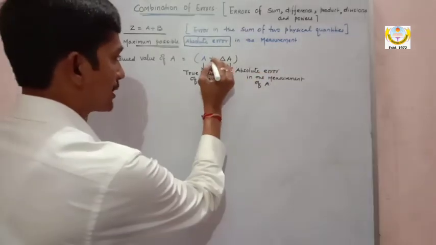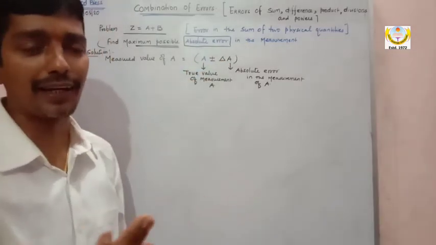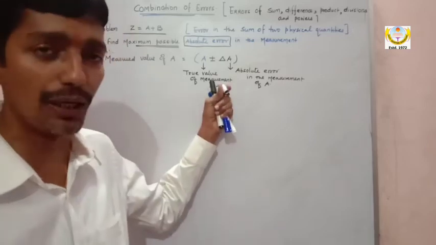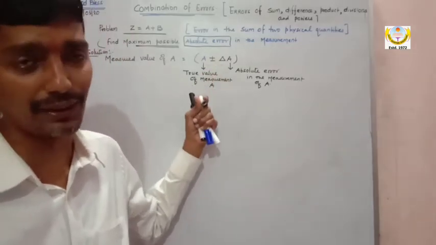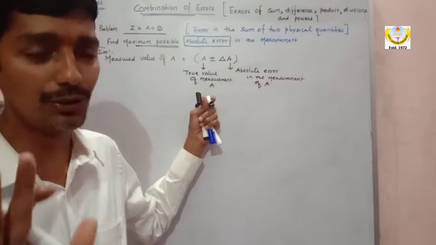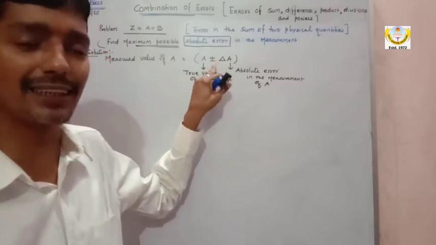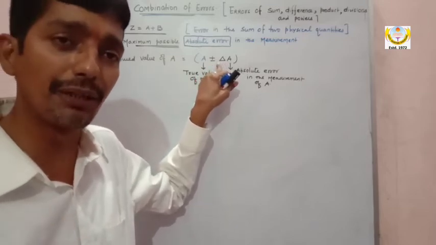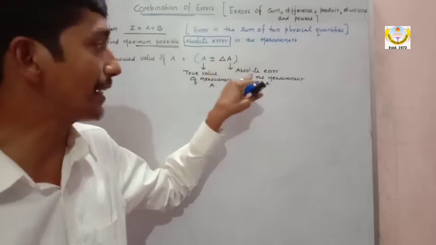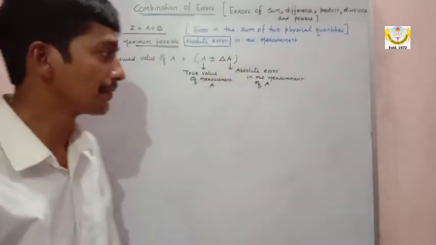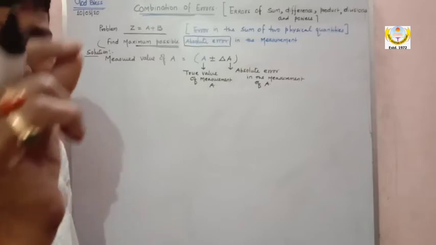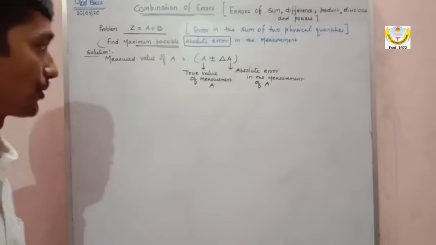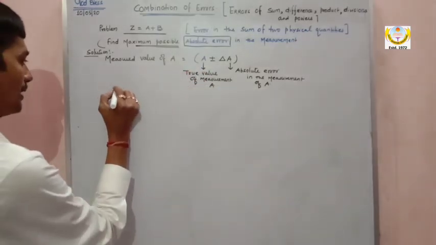And you all know, my dear, this is plus minus. You all know absolute error is positive also, and negative also. I will tell you in brief when I discuss this in terms of numbers. Okay, you just wait and watch. So plus minus is nothing but, sir, delta A is the absolute error which can be positive or negative while doing the measurement. Okay, because we have done in my first video that the answer of the absolute error can be positive and also negative. Okay, now my dear, similarly the measured value of